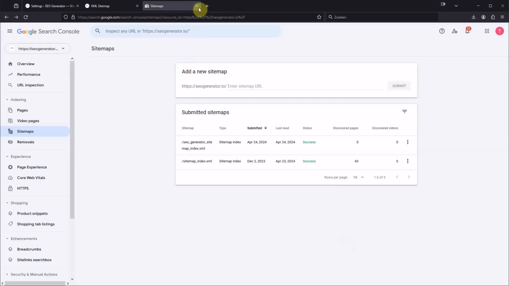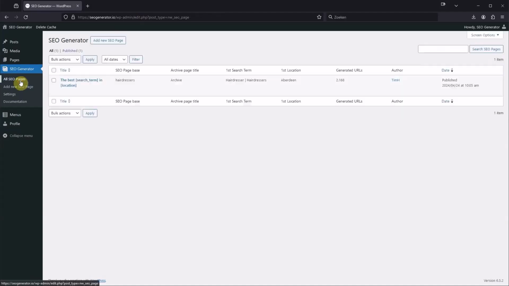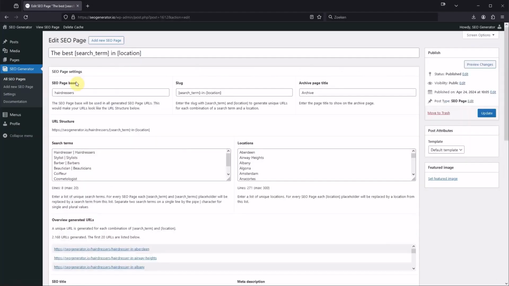Let's close the Search Console and our sitemap, and let's go back to our admin area. Let's edit the existing page again. We will update the SEO page base to our style lists, and we can update the slug to the best search term in location. This changes the URL of the existing pages to our style lists, the best search term in location. When we update the page,